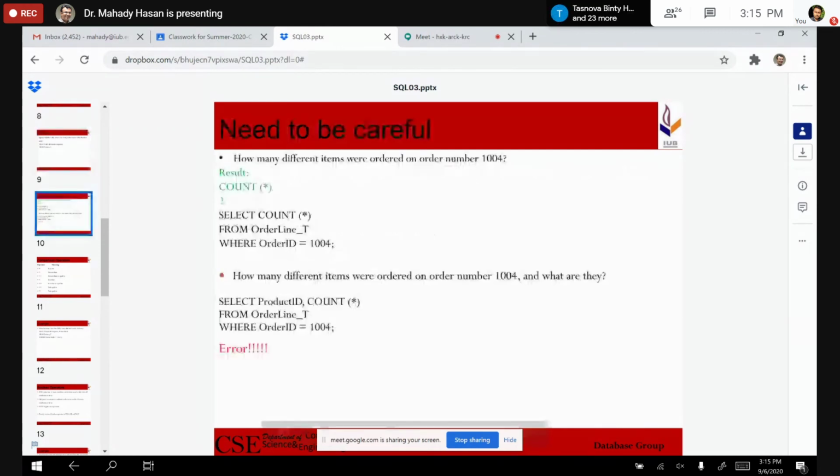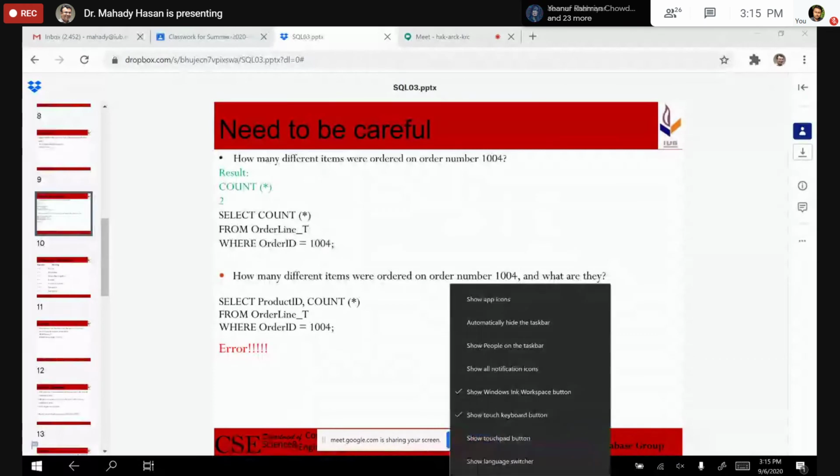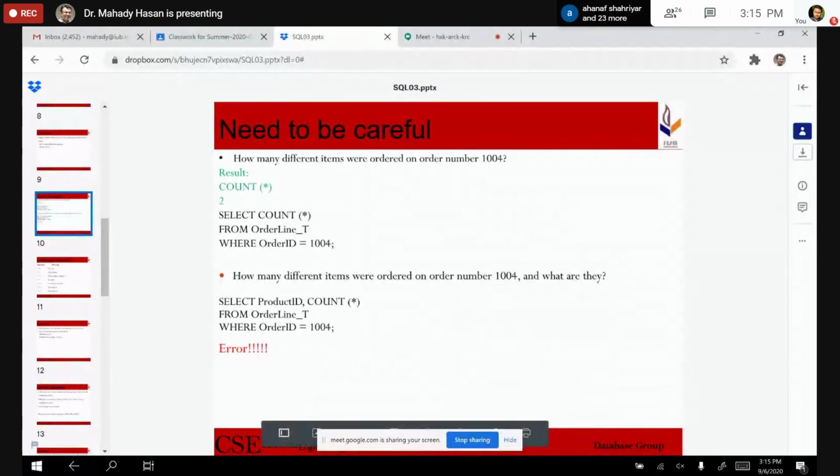Next one: how many different items are ordered in order number 1004? What they have done is select count star from order line T where order ID equals 1004.